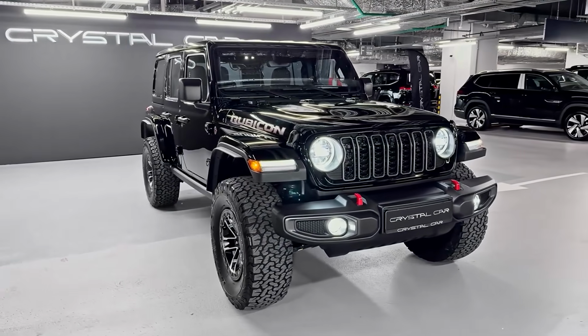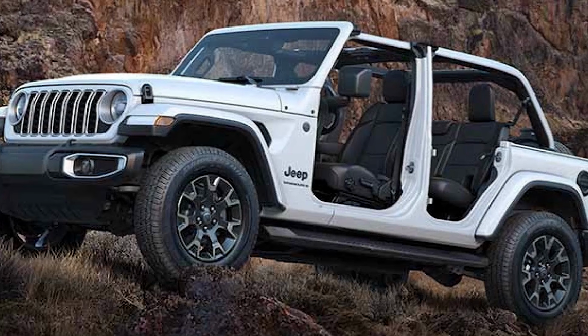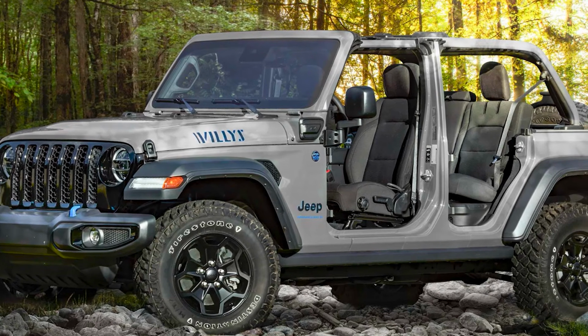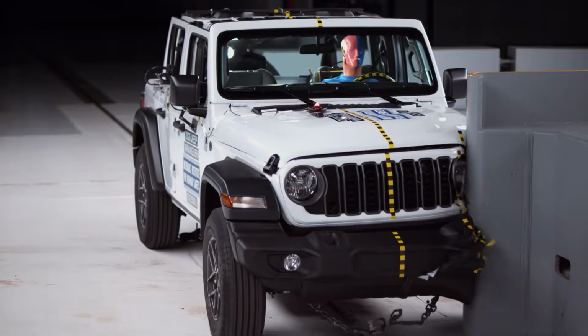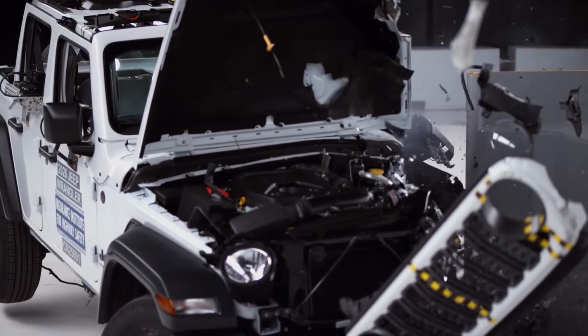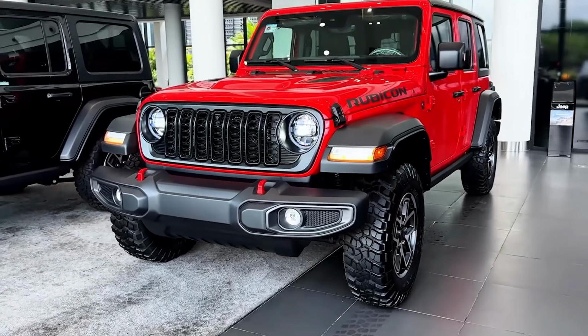While it's great for the beach, it provides zero structural support during a rollover. If the Wrangler flips, which its 26.7% rollover risk suggests it will, the roll cage is the only thing between you and the pavement. However, the 2026 tests show that the roll bar can actually deform into the passenger space during a high-speed flip. Add to this the poor rated headlights on most trims that leave massive dark spots on the road,